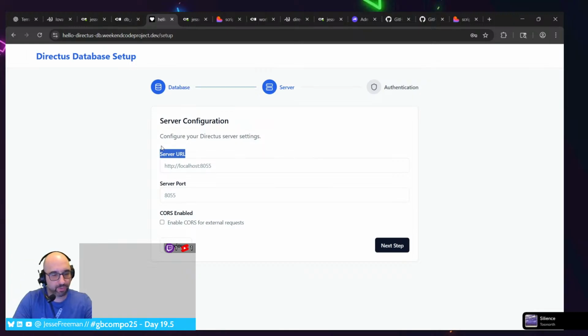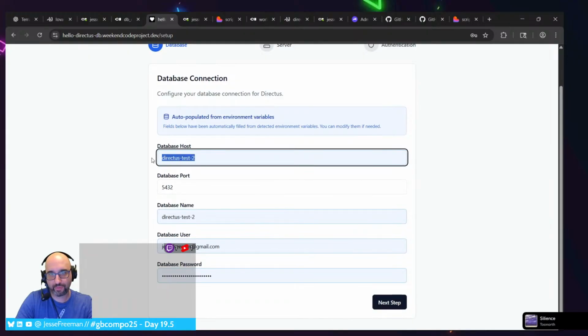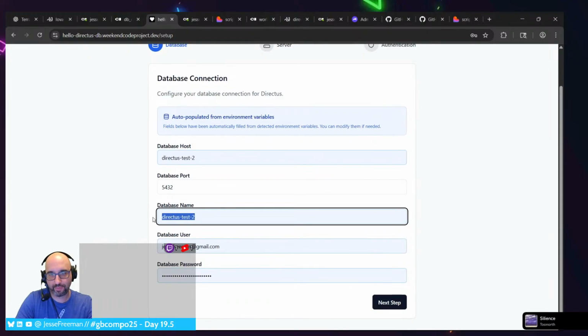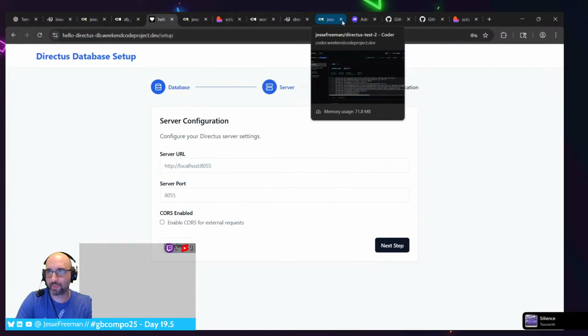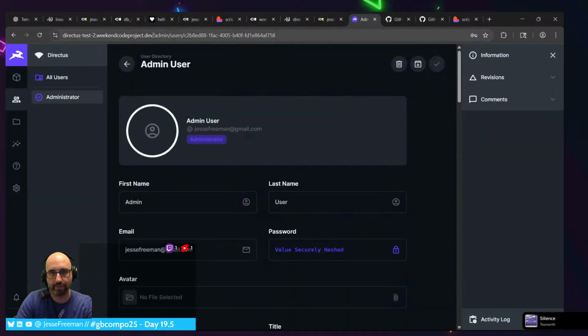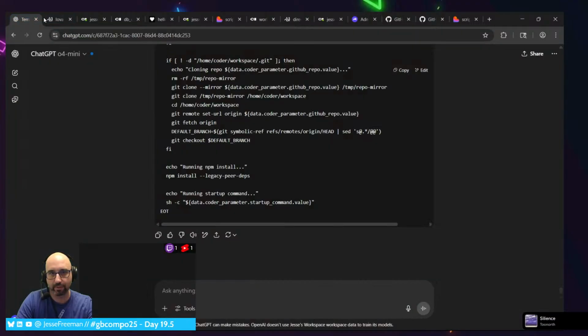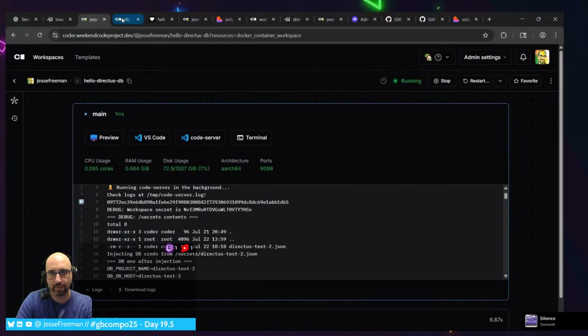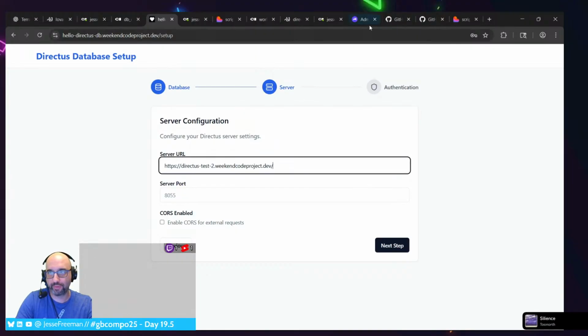What should the server URL be? So the database host, this name... I think the server URL is going to be where this is running from. I may need to do some stuff under the hood.